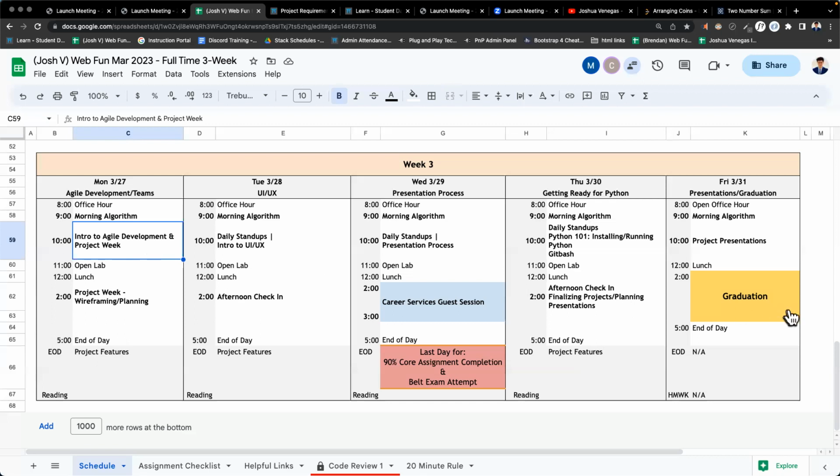Then we have our graduation at the end of the week. We want to see other people at the dojo at higher levels to graduate, to see our goals, to see project ideas for the future. Okay, so to see what can be built here at the dojo. You get to see project presentations there, as well as you make it a goal for yourself to graduate.